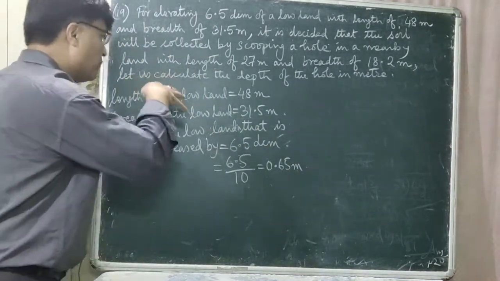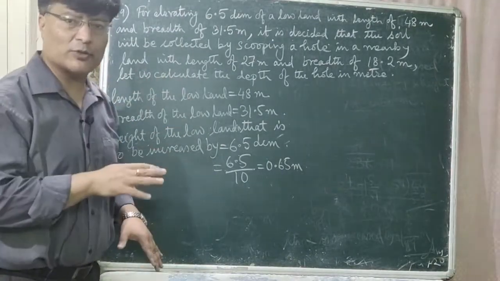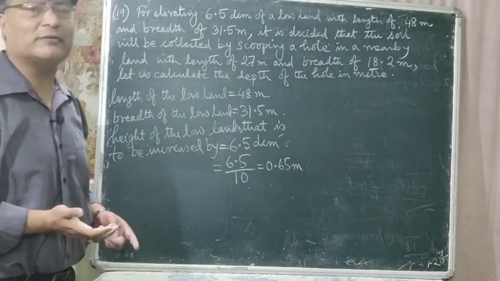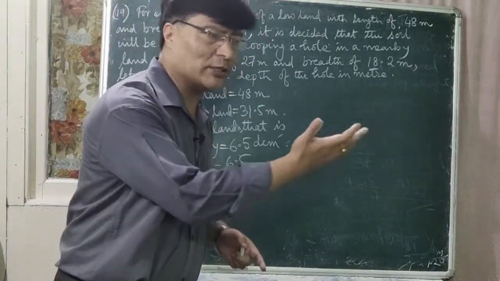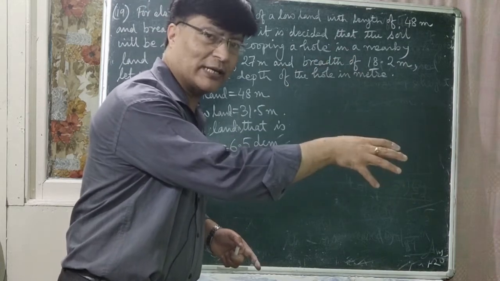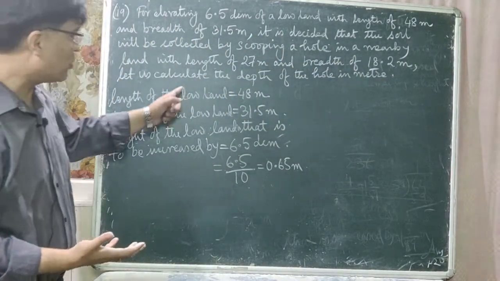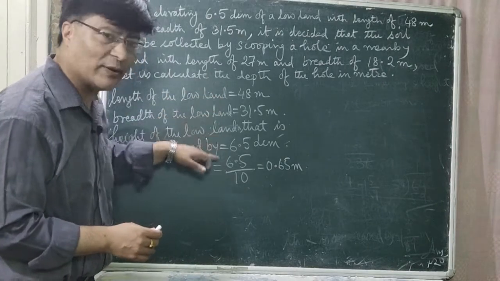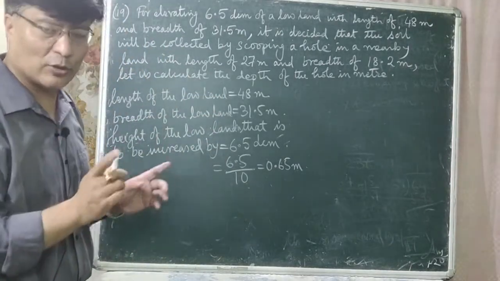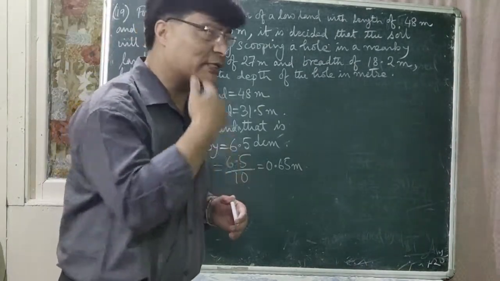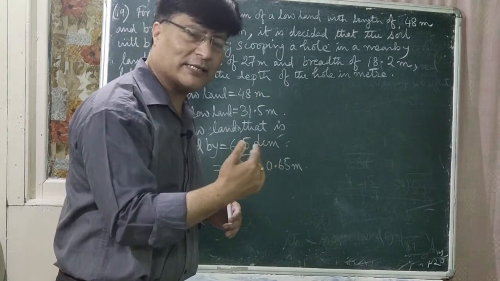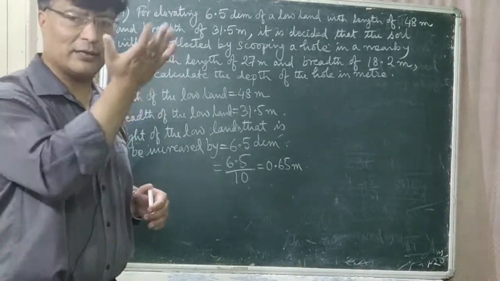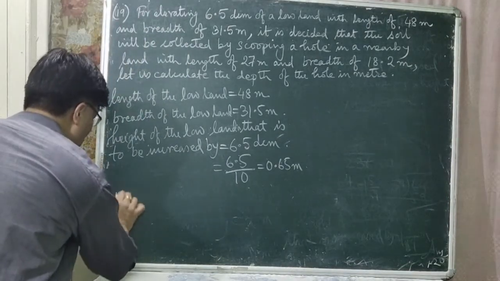भयो। यो जुन भोल्युम अफ द ल्यान्ड छ, भोल्युम अफ द ल्यान्ड नै हुन्छ भोल्युम अफ द सोइल। अब इन्क्रिज गर्नुपर्छ, हाइट सुड बी इन्क्रिज बाई कति? 6.5 डेसिमिटर। त्यो केले गर्दा यसको हाइट बढ्छ? छेउको ल्यान्डबाट माटो खनेर निकाल्छ, त्यही माटो यता चाहियो। यसको भोल्युम जति हुन्छ त्यति नै माटो चाहिन्छ हो कि हैन भनेपछि भोल्युम अफ द सोइल रिक्वायर्ड कति हुन्छ? लेन्थ इन्टु ब्रेथ इन्टु हाइट। अनि मात्रै त्यो लो ल्यान्डको हाइट बढ्छ। त्यो सोइल कहाँबाट निकाल्छ? छेउको ल्यान्डबाट माटो निकालेर त्यो ल्यान्डमा राख्दिएपछि त्यो लो ल्यान्डको हाइट अलिकति बढ्छ, ठीक छ? सो देयरफोर भोल्युम अफ द सोइल रिक्वायर्ड